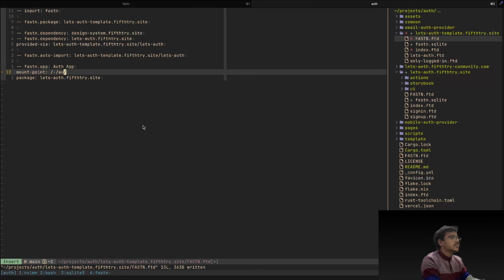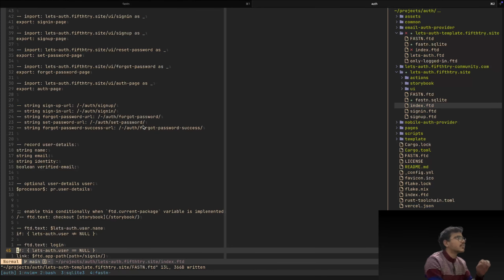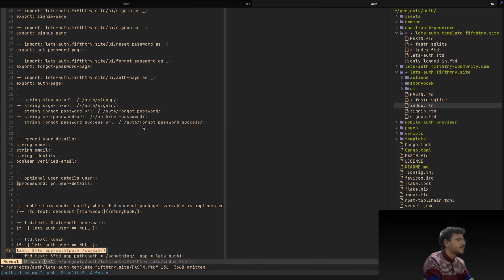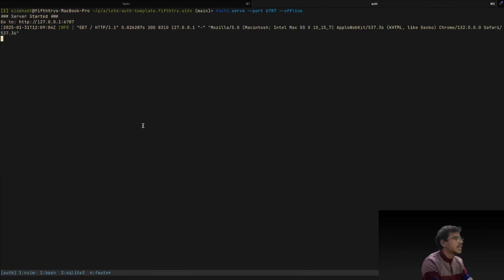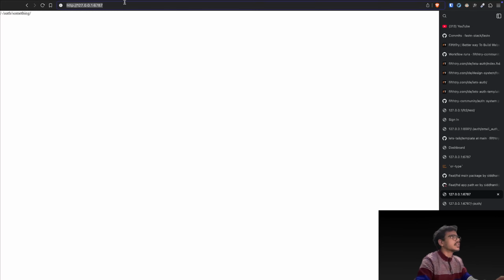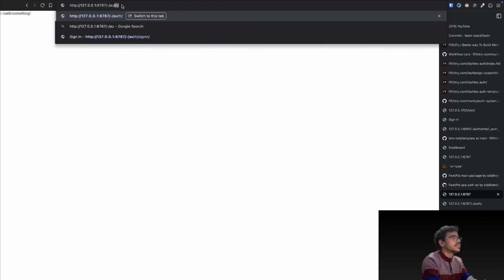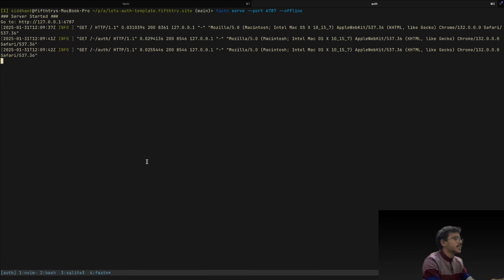I can also, by the way, let me just revert that. I can use this same function in the mounted package here. And in this case, I can choose to ignore the app parameters, but I will not do that first. And I will restart, I will refresh, and when I go to auth, it is printing the same variable, which